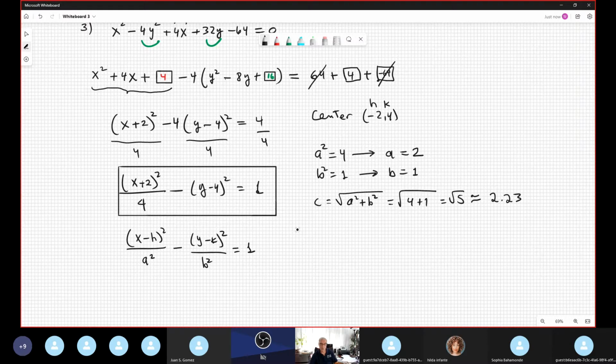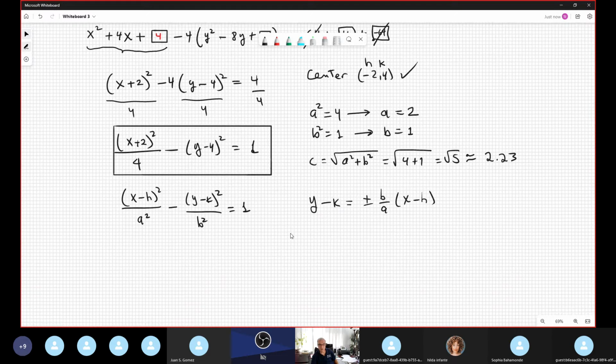Okay. So now we have too much conclusion, center. Well, we need to find vertex. We need to find foci. Endpoint of, in this case, is asymptote. Oh, I forgot the asymptote. The equation for the asymptote is y minus k is equal plus or minus b over a times x minus h, in the case that we have horizontal. Because we have horizontal,